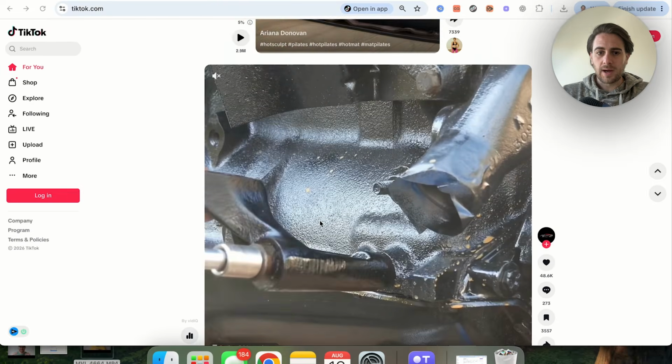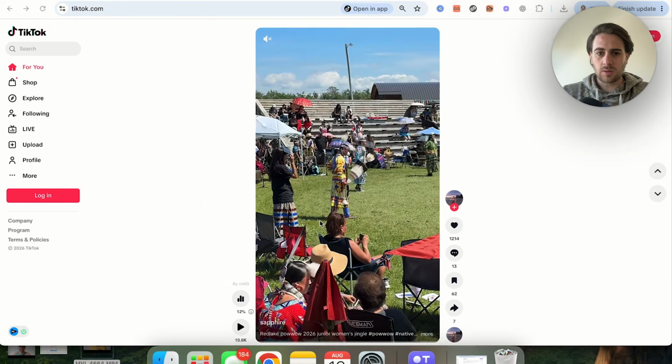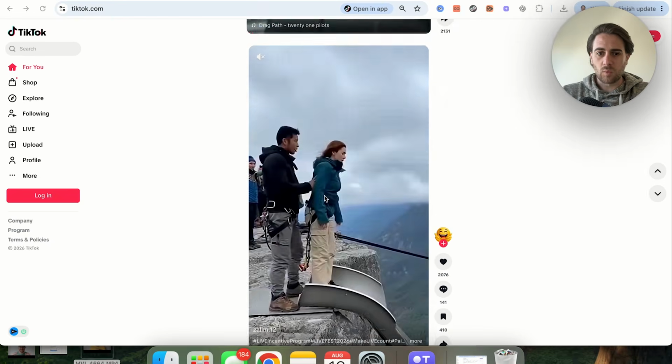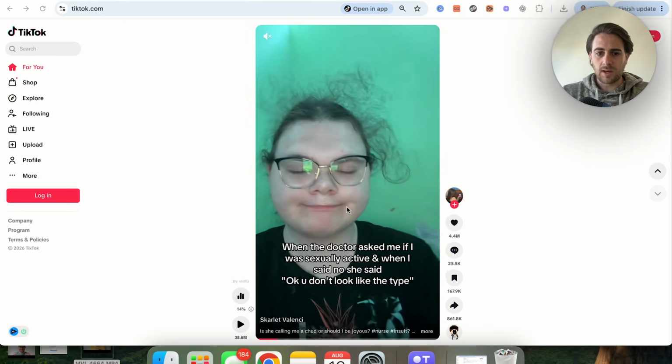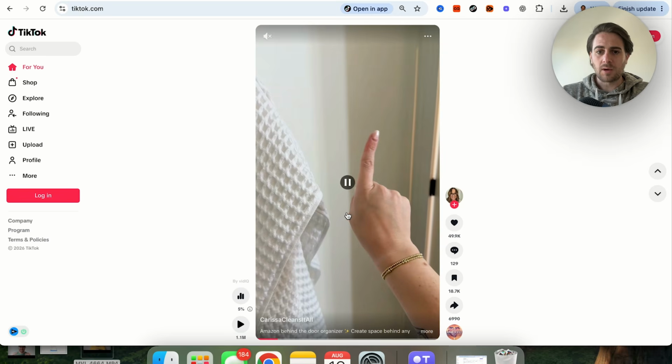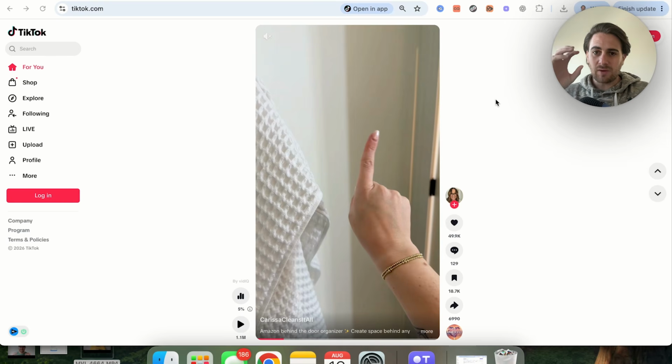If we scroll down, black and white text, no text on this one, no text on this one, black and white text, no text, black and white text. We scroll down one more time, black and white text. So what are you noticing? Every single video that does well on TikTok has the same type of text. It has black and white text, it has yellow text, or in some cases, it has red text.